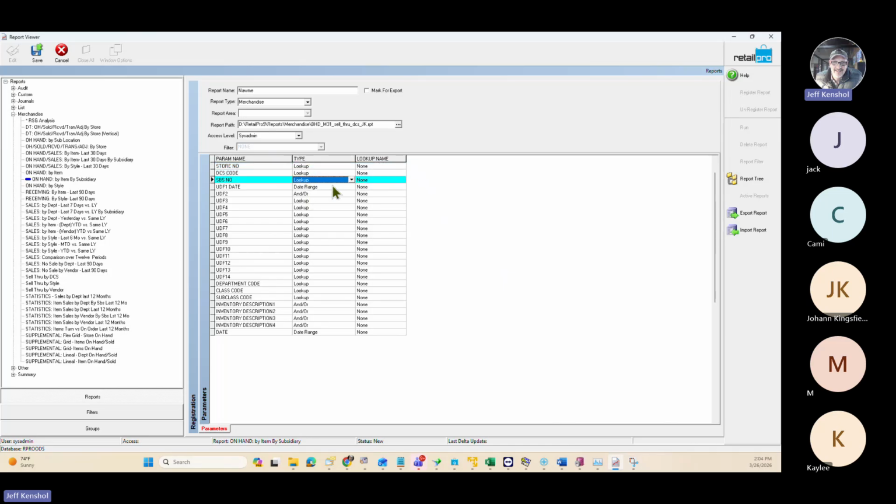So anything that says lookup, you have to provide the lookup field over on the right. Most of these are pretty much straight up verbatim. What you see there is what you get, and some are not. I don't see the hard ones in this particular report, but